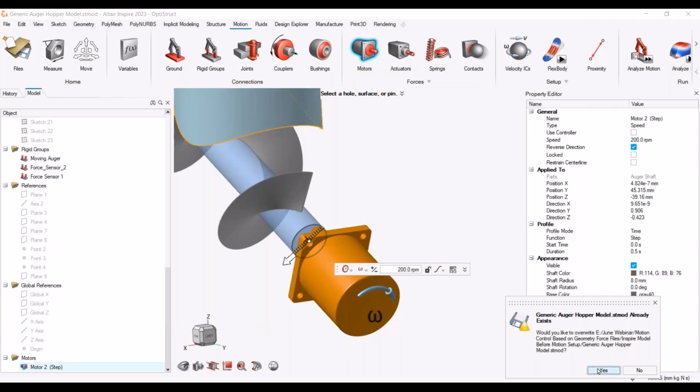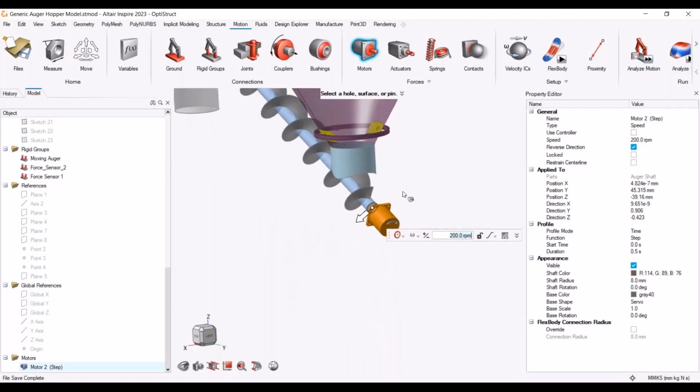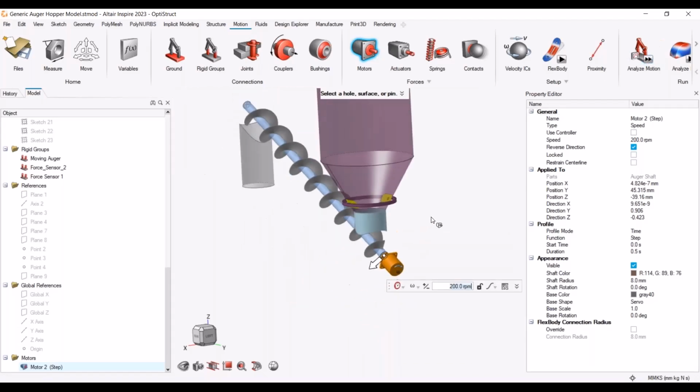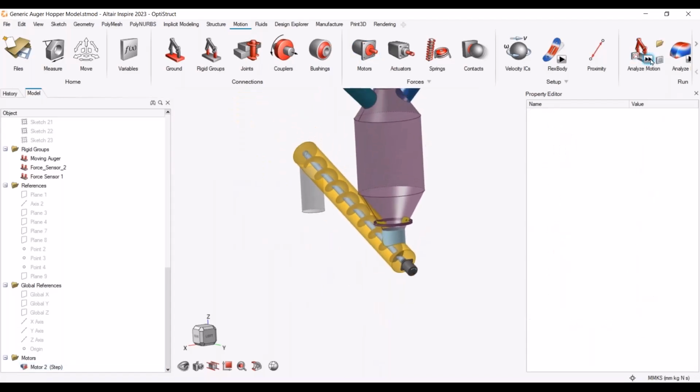It's asking if I want to overwrite it. That's okay, I do want to do that. And I could have done this earlier if I bring all of the components back. I could have gone directly to running this analysis to see how the model would behave. And you could see there that very early in the,